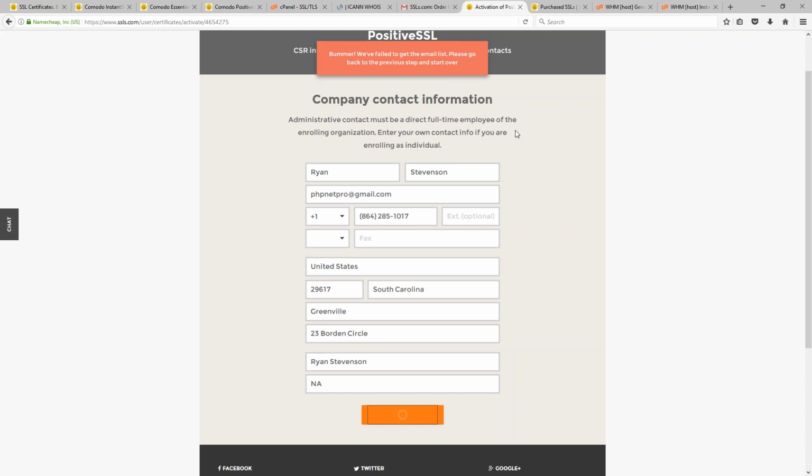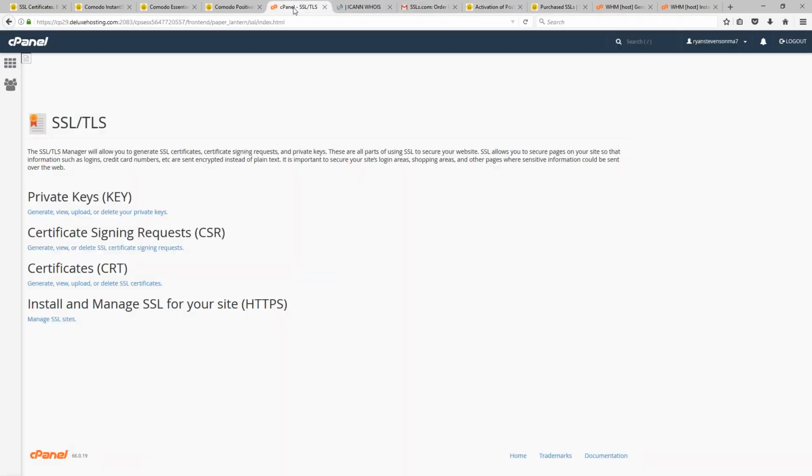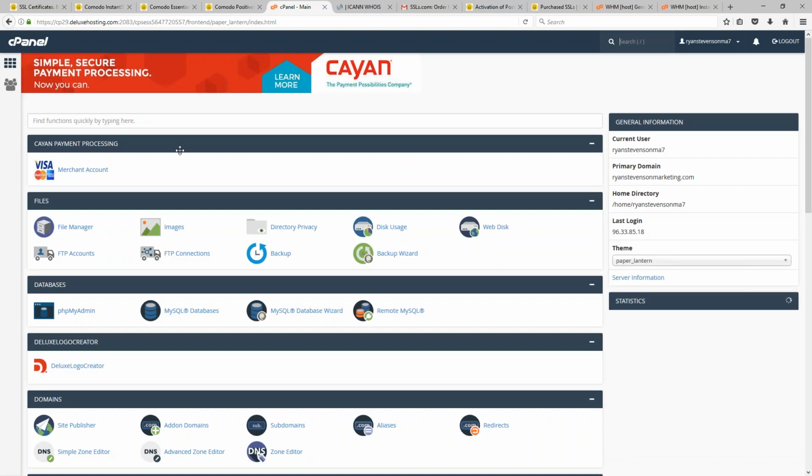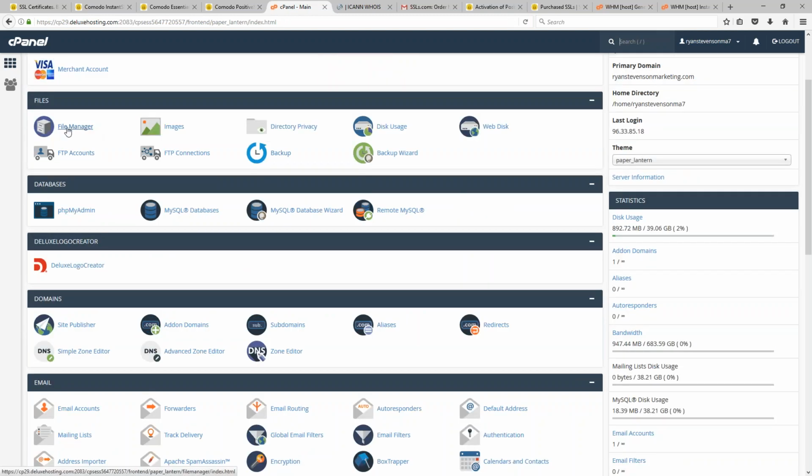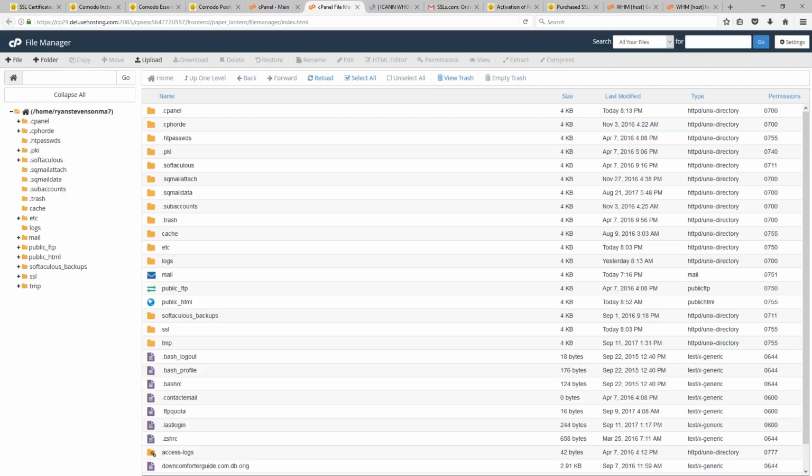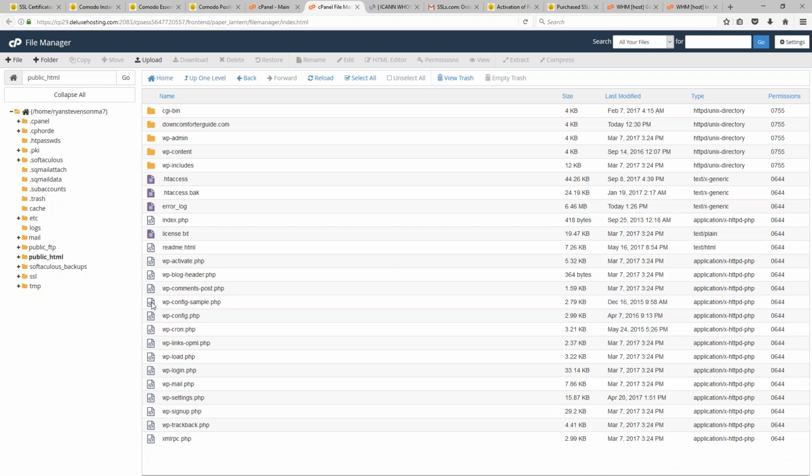So once you proceed on through all of these different steps, you're going to get this file that you need to upload to your website. I go into the control panel and go to File Manager to be able to accomplish this. Go to the public HTML directory, and